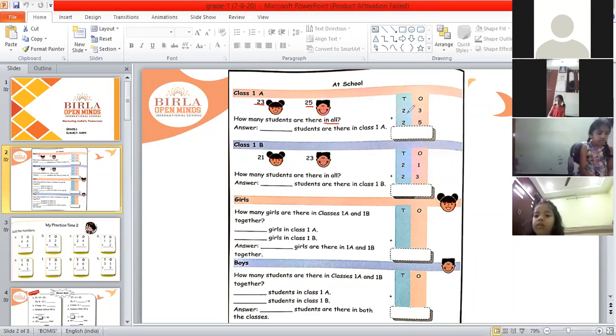See here, you have to read the number in tens place and ones place together. Okay, so this is 23. How you will read this? 23. Then this is plus symbol. I'm making here also. You all should not get confused. This is plus symbol, children. Okay, so we will read this question as, Mayuri, come back. This is 23 plus 25. How you will read this question? Mayuri, tell me how you will read this question.